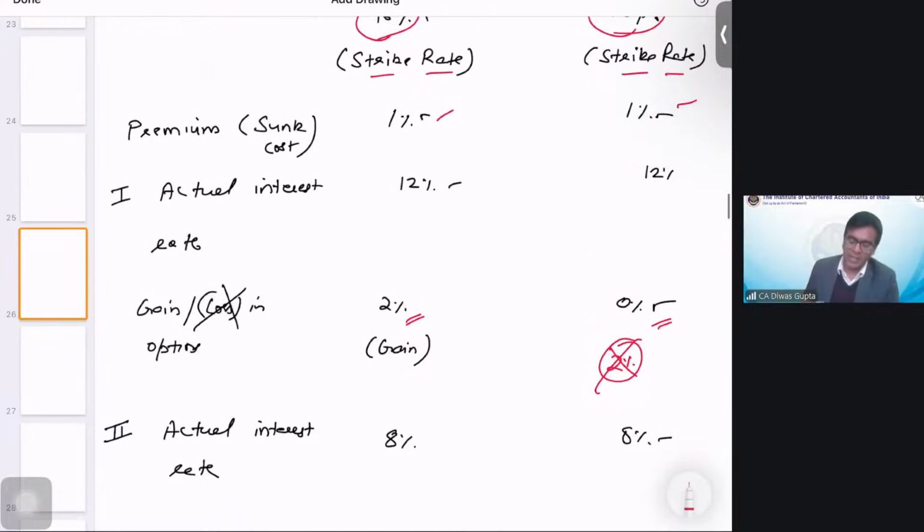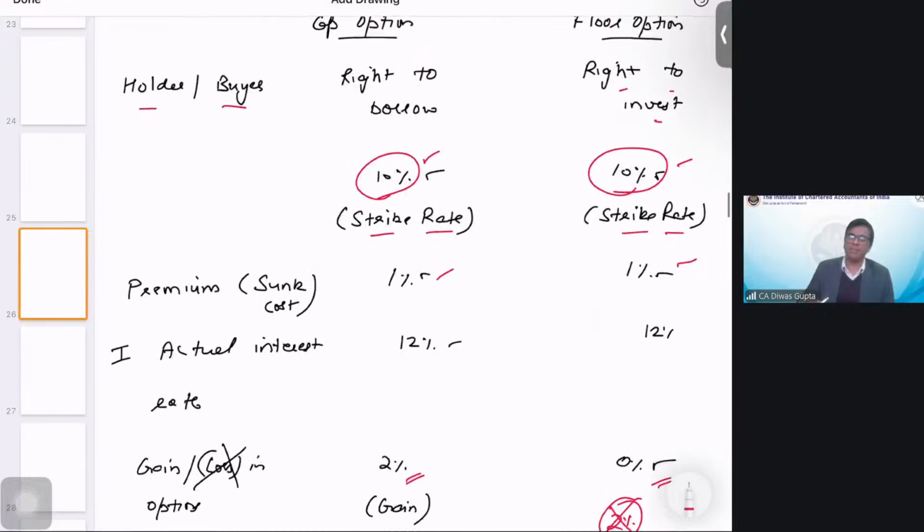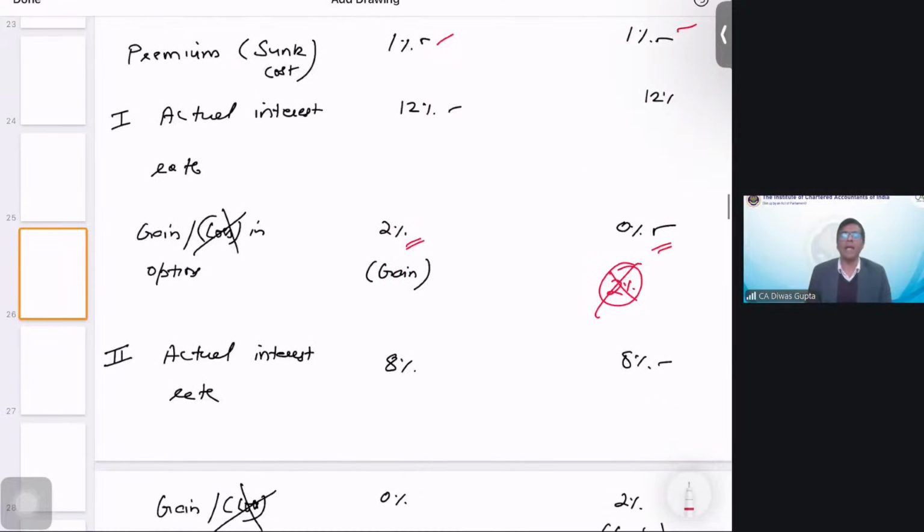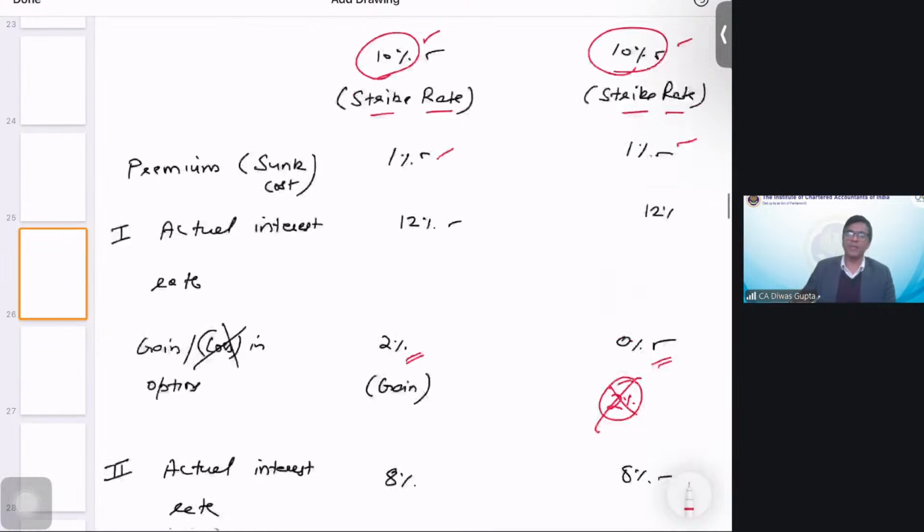Case number two, students. If the actual rate of interest becomes 8%, now this is relatively easy, right? In case you are in the cap option buying position, you will end up borrowing at 8%. However, you have an option to borrow at 10%. So you will ignore that option of borrowing at 10%, correct? Because your interest in the market is already lower. Similarly, if you have a floor option,